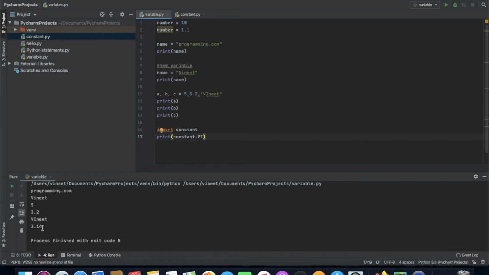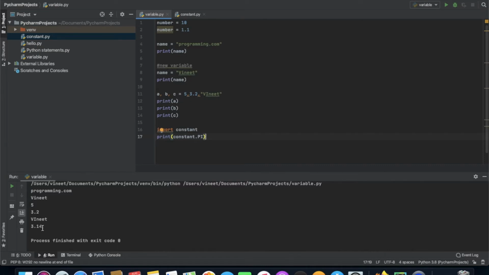In this program, we created a constant.py module file. Then we assigned the constant value to pi. After that, we have a variable.py file, and we import the constant module in this file. And finally, we print the constant value. The main thing to note in this is, in reality we don't have constants in Python. Naming them in all capital letters is a convention to separate them from variables. However, it does not actually prevent reassignment.